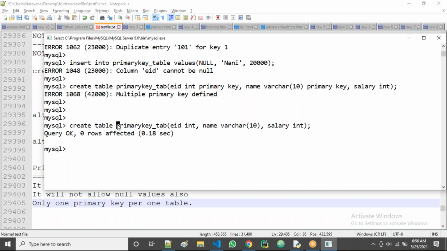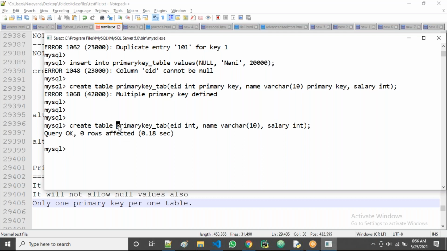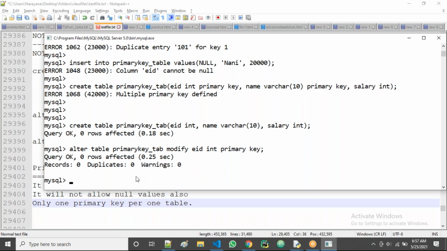Or suppose the table creation is over and the table now exists. On the existing table, I want to apply a primary key on EID. Alter table, table name is primary key tab, then modify EID int primary key. If I click enter, let us see whether it works or not.